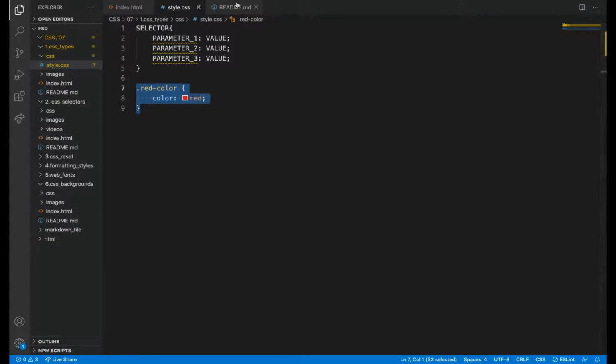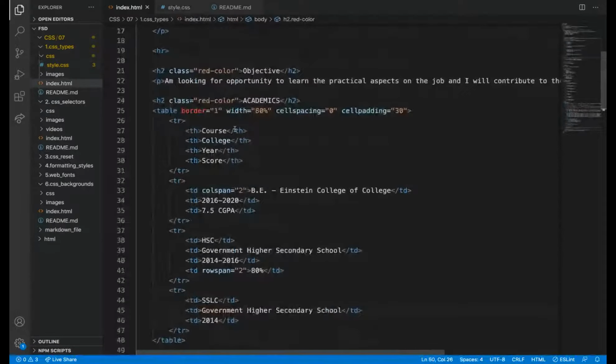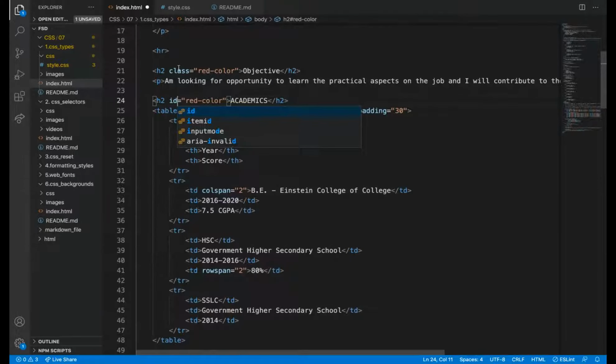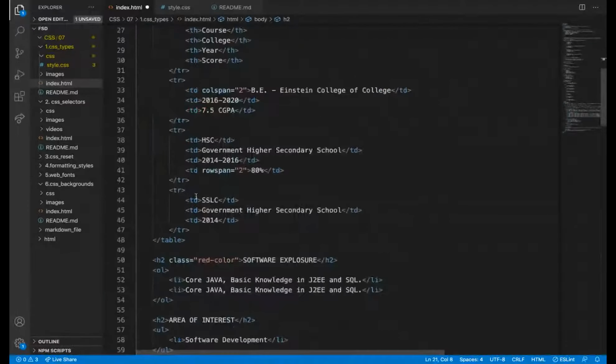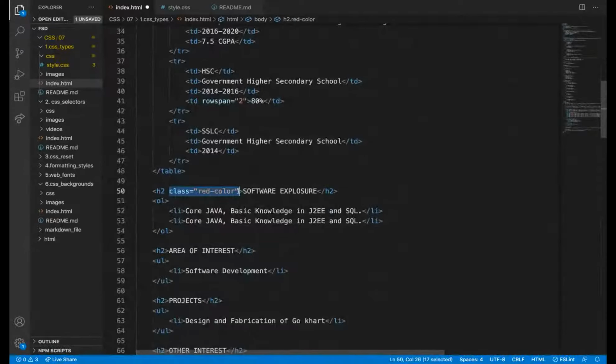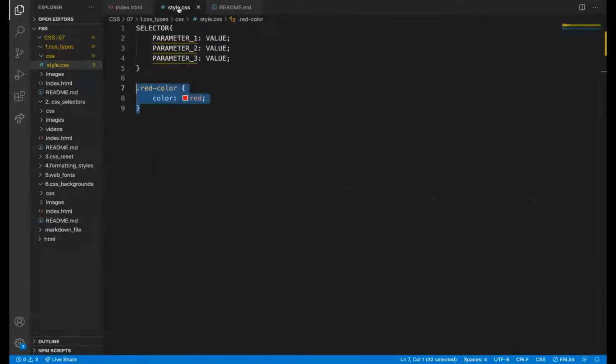Then what is ID selector? ID selector is kind of the same. If I replace it with ID, but I need to use hash.